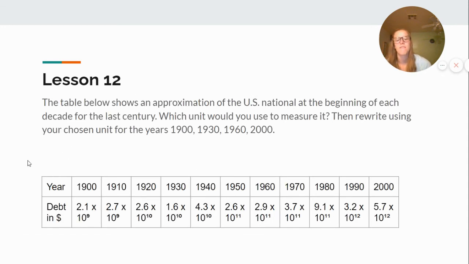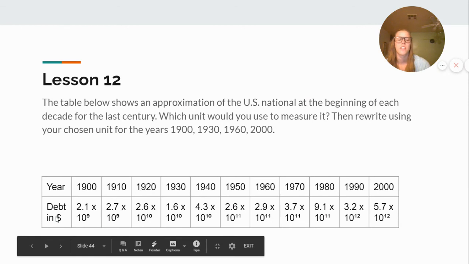Lesson 12, we looked at finding or choosing units. So the table shows an approximation of the U.S. national debt at the beginning of each decade. Which unit would you use to measure it? And then rewrite using your chosen unit for these 4 years. So here is your